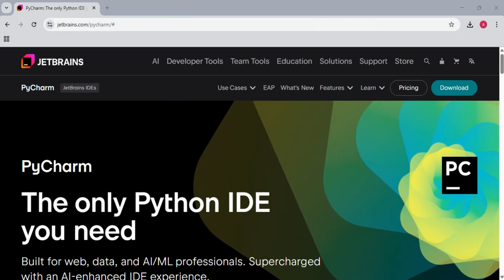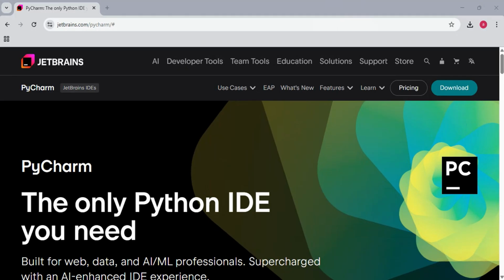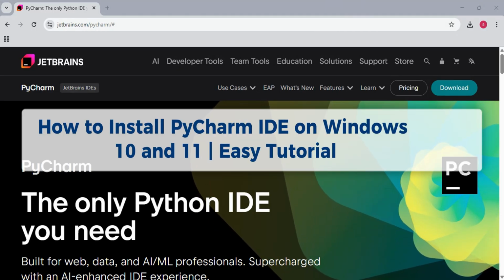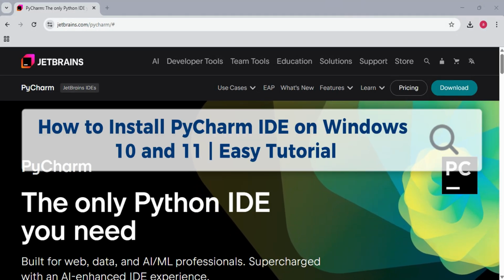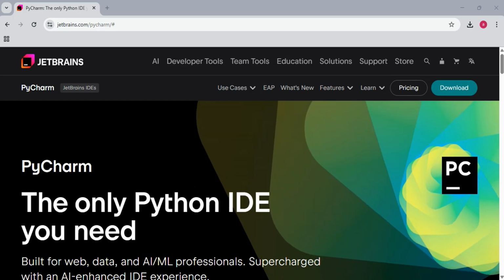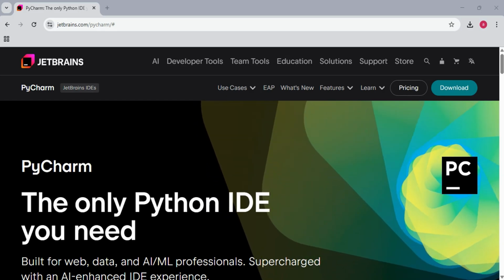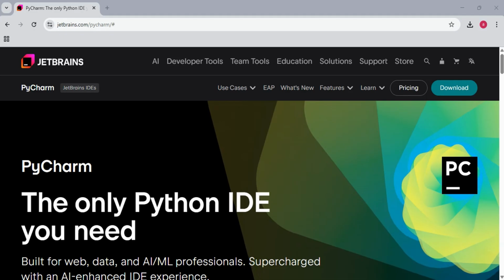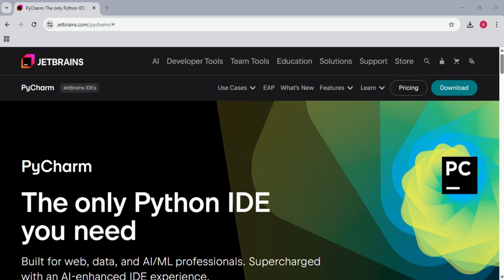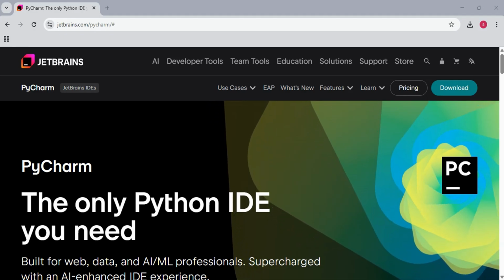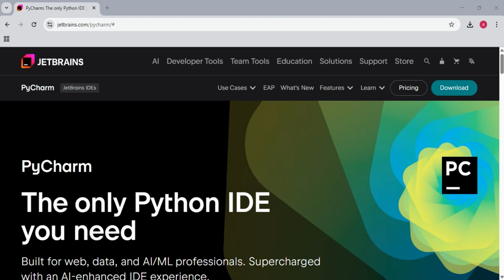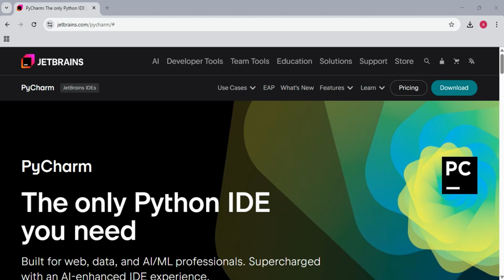In this quick and easy tutorial, I'll show you how to install PyCharm IDE on your Windows 10 or Windows 11 system, updated for the latest version. PyCharm is one of the most powerful IDEs for Python development, and getting it set up is easier than you think. First, to be able to begin, open your browser and go to this link, which is